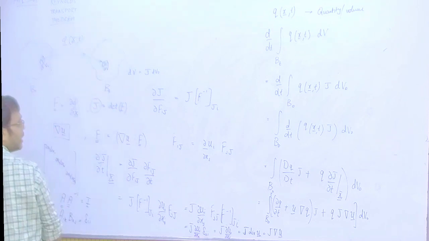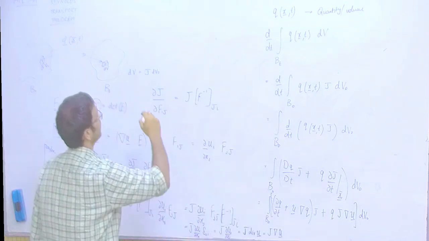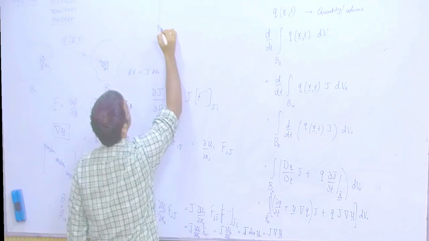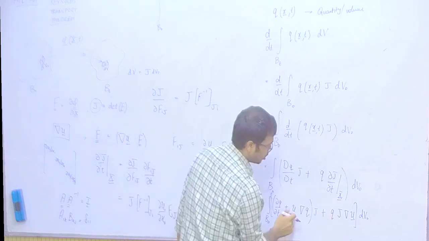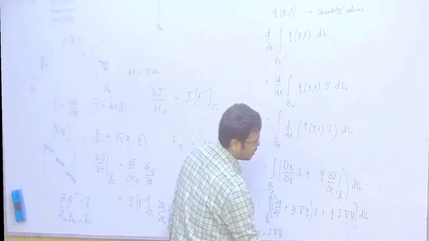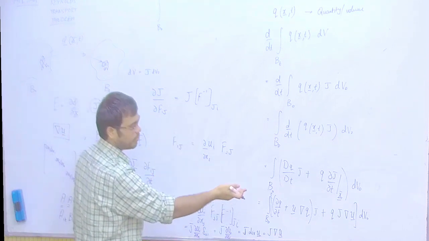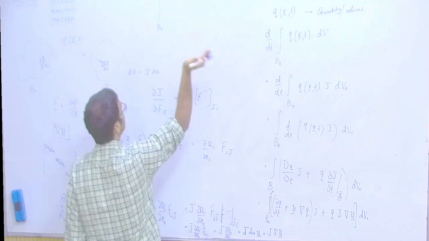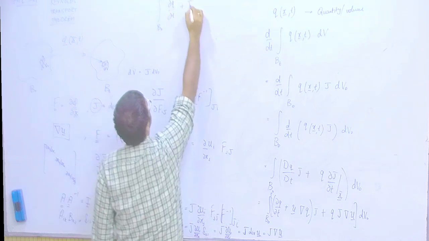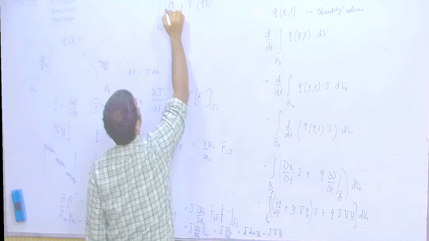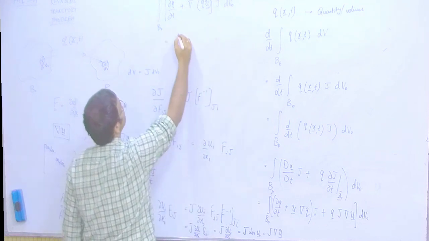And now taking these two together, what are we going to get? u dot grad q times J plus del q by del t times J plus q J del dot u. What do we get? Del dot of q times u, outside bracket J. So we have del q by del t plus del dot of q u, outside bracket J, dV naught. Changing the coordinates again, we get